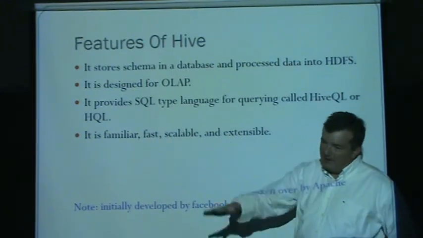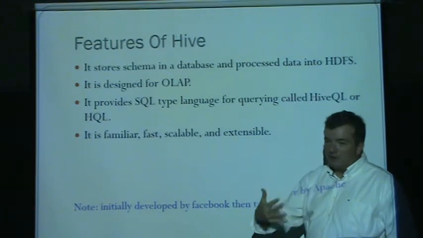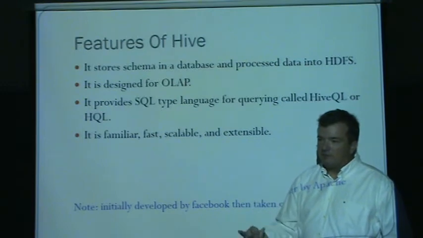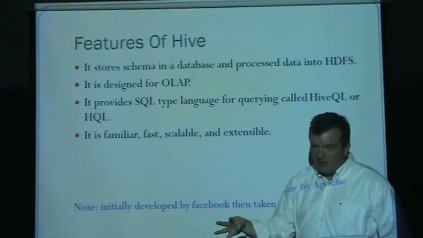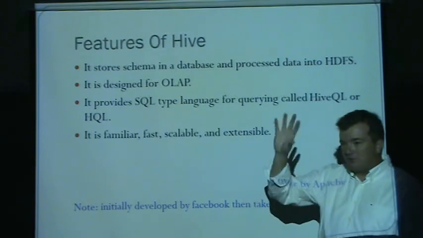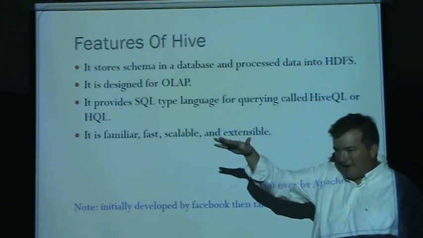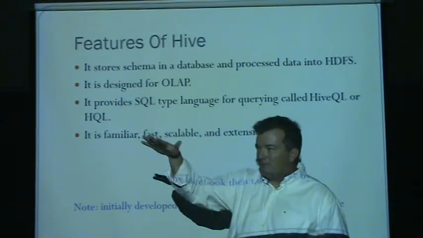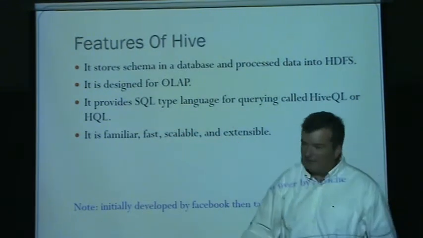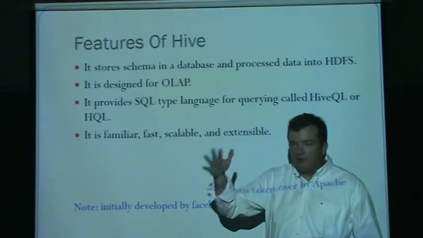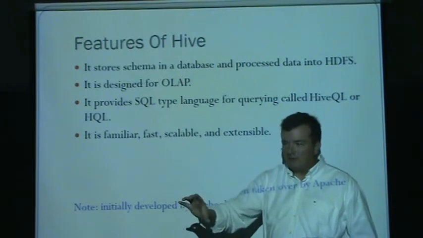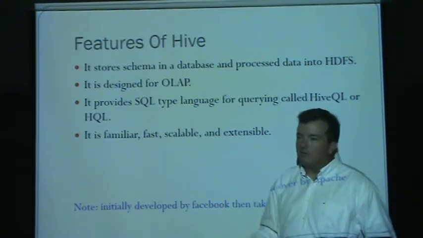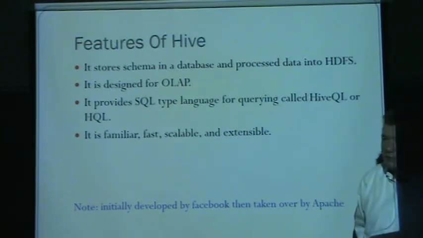So if you have all this data, and you know that people at your company are going to be doing queries based on quarters, months, weeks, daily queries, these queries take time, because you have to do select star from transactions where the sales date was between February 1st and February 15th. And now you have to run through your whole tables, years and years of data, looking for those matches. So what are some things we could do? If we know we're going to be doing queries like this a lot, what are some things we could do to make the queries go quicker?